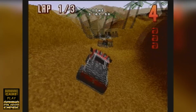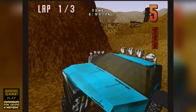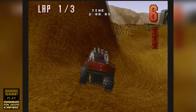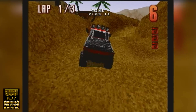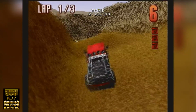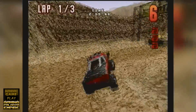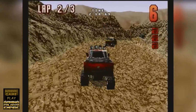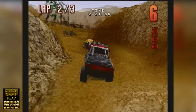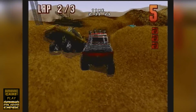Sometimes the glitch works in a positive way where you can actually end up, like right now I'm stuck. I'm going to figure out how to go in reverse. So if you go in reverse, you have to hold down two buttons, which is odd. So the textures look okay in the game, but